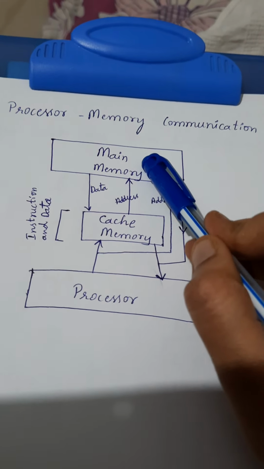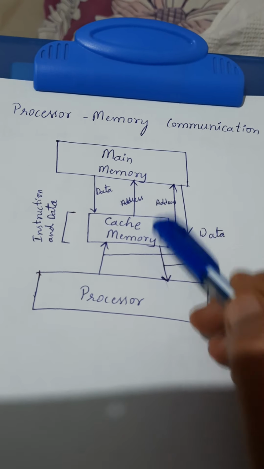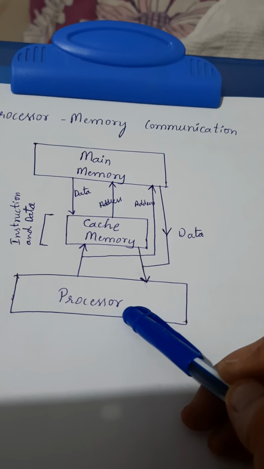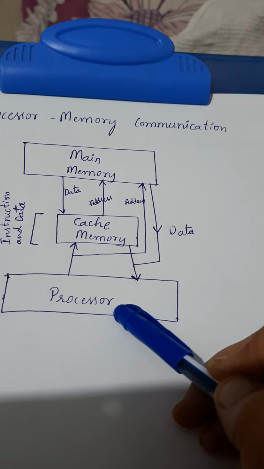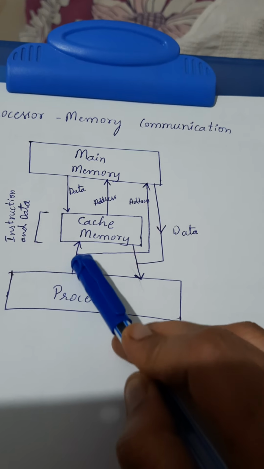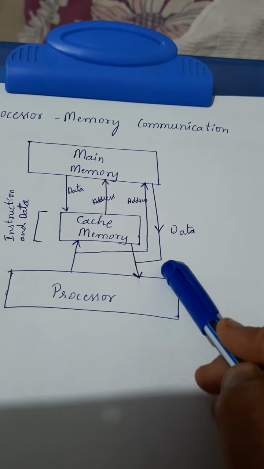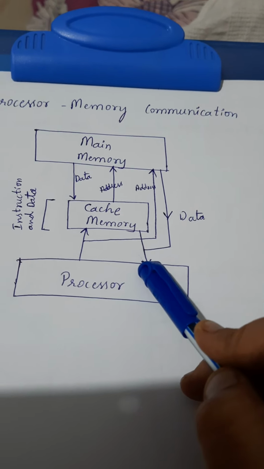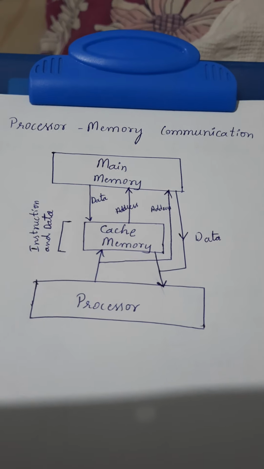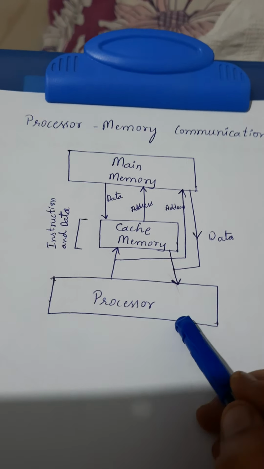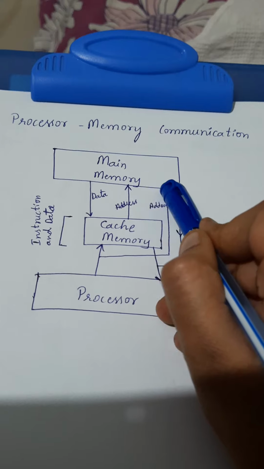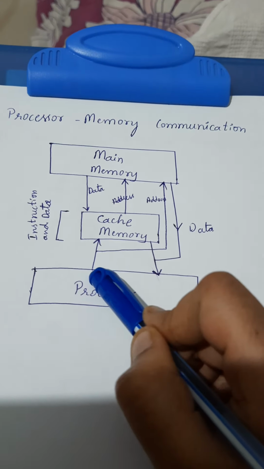Now we'll see how information is transferred from main memory to processor. Processor places the memory address in the memory address register via the address bus. Here we have three kinds of bus. One is the address bus, which is used to transfer only the address. Then we have the data bus, which is used to transfer only the data. And then we have the control bus, which is not shown in the figure, that is used to give read or write instructions. The first step is the processor will send the address via the address bus to the main memory, meaning the location of the data in the main memory.